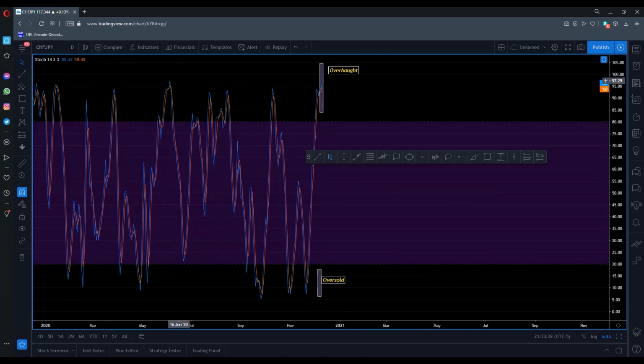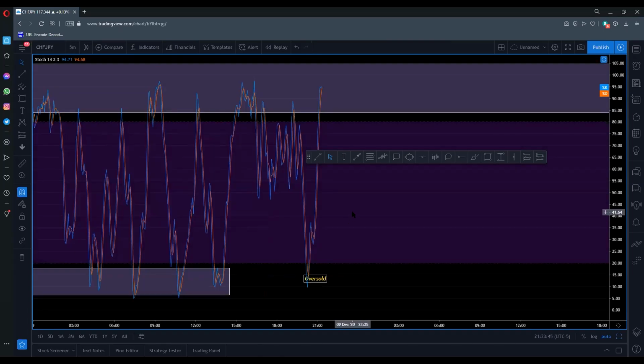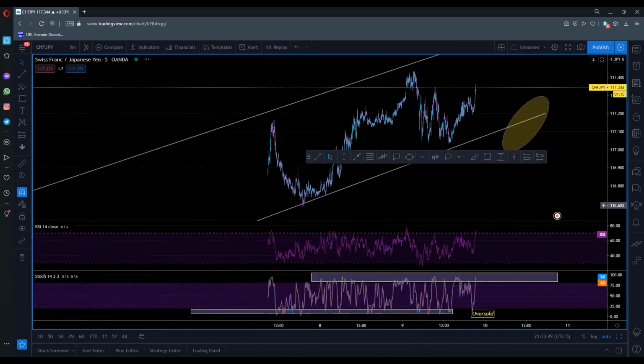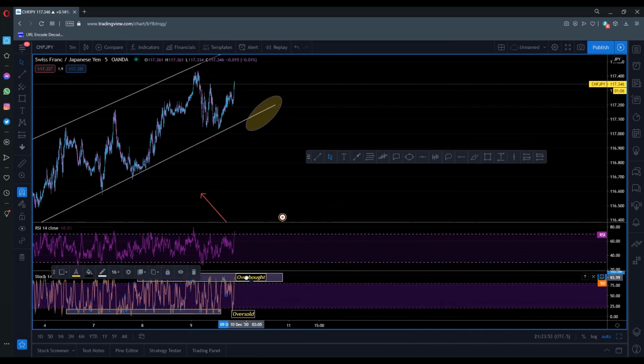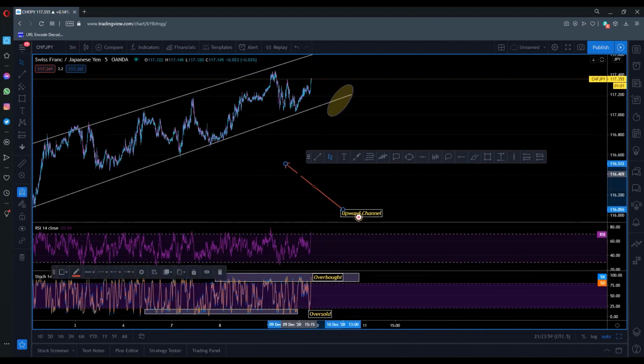which gives us a suggestion. The indicator is giving us a suggestion that it may be overbought. Right? So right now, what we're looking for basically,